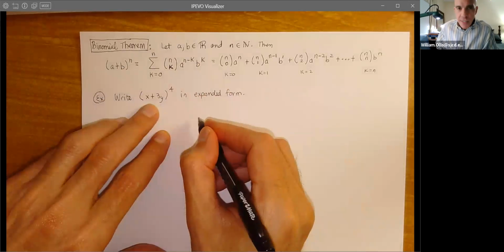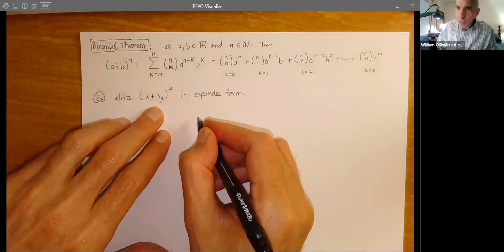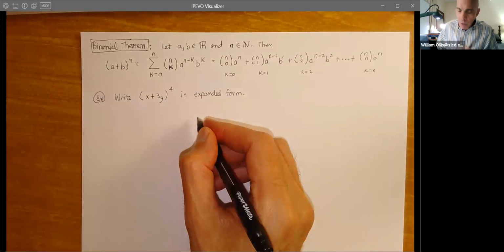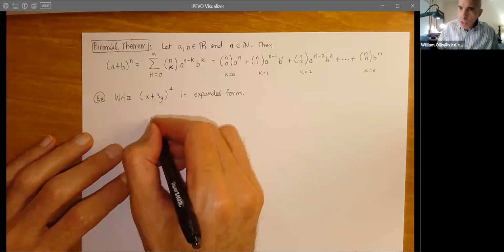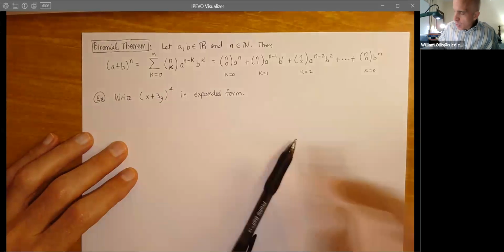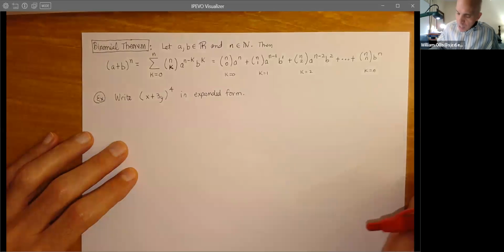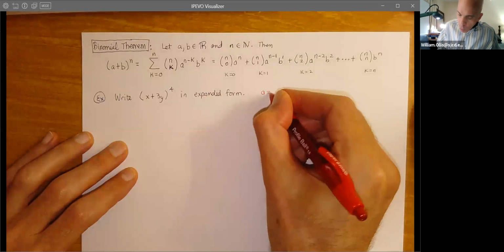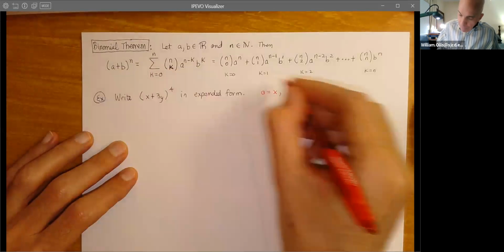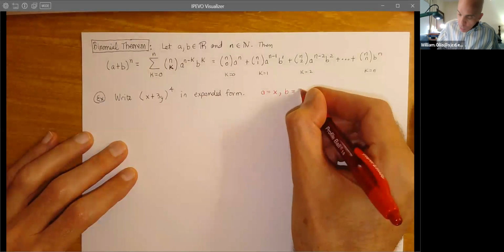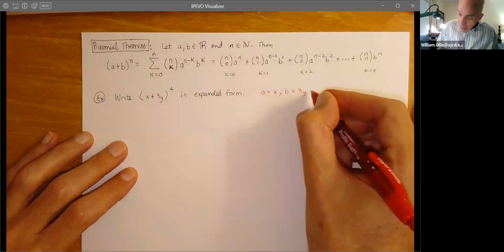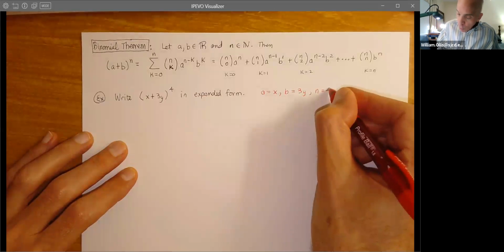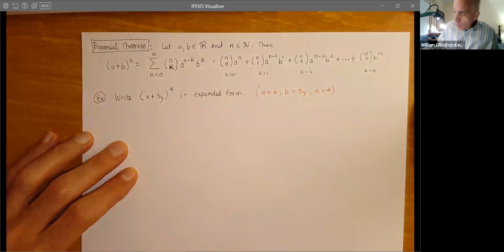So again, this is x plus 3y times x plus 3y, 4 factors. So what we want to do is use the binomial theorem. So what you can do at this point is just set it up. a will be x, b equals 3y, n equals 4. So that takes care of the